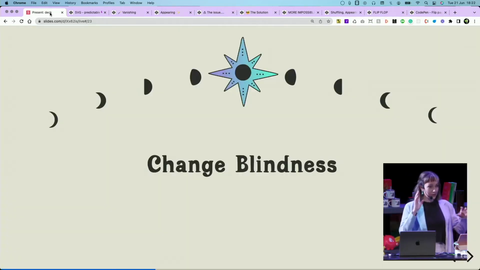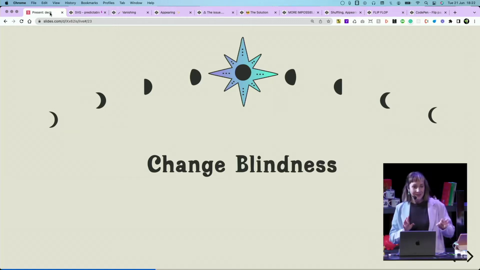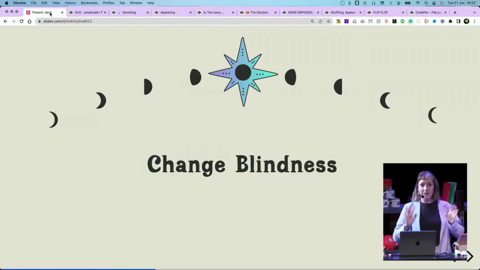Another type of visual issue that we have is change blindness. Change blindness is a little bit different. It's a failure to notice an obvious change. I can't show you this experiment because it's a little bit epilepsy-inducing. But UCI did a study where they showed people basically spot the difference images. They showed them on screen, cross-faded them, and asked people to find the differences. And they were like, yeah, okay, they're there.